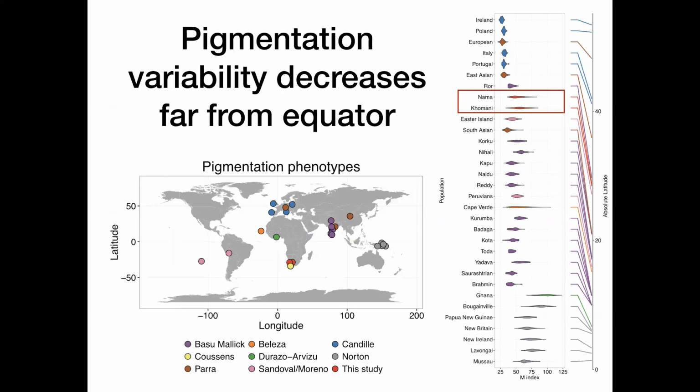Basically, if you want to measure skin pigmentation, an easy way to do that is to use a spectrophotometer, which just measures the amount of light reflectance. So for the M index, this is measuring a log scale of the fraction of red light reflectance. So the darker your skin, the higher the M index. So you can see on the x-axis on this right plot that the M index spans from about 25 to